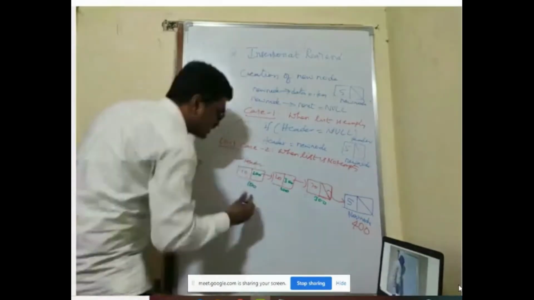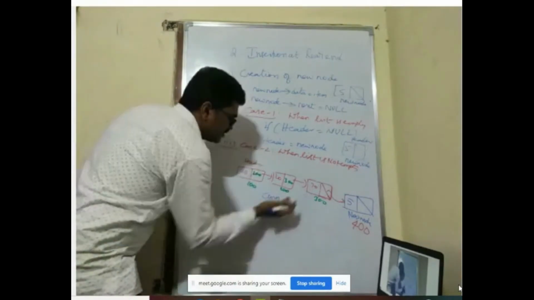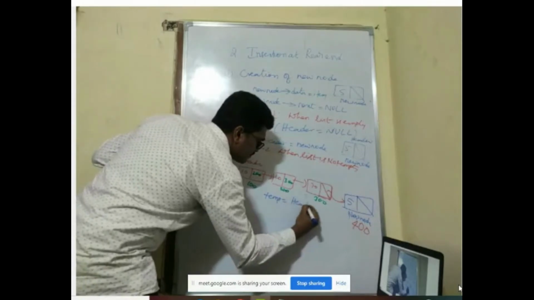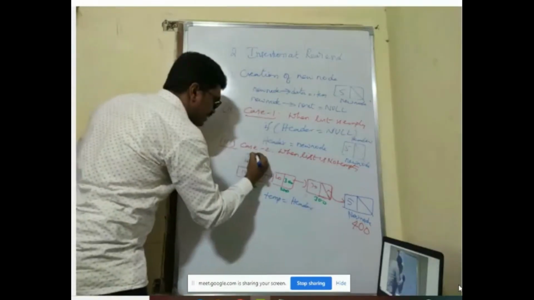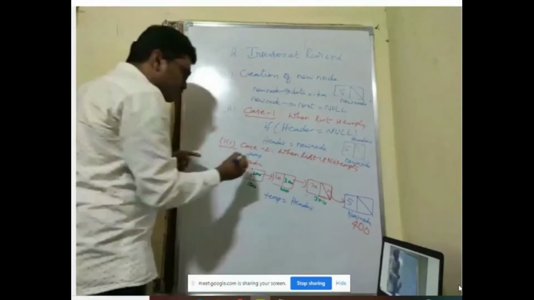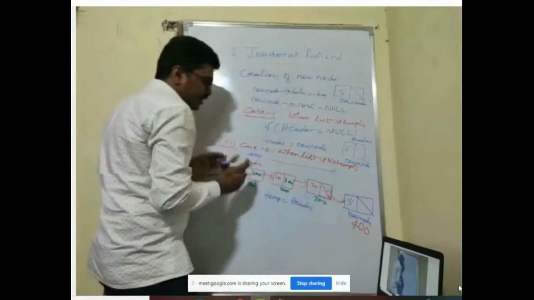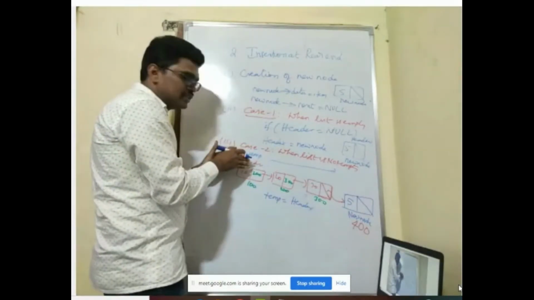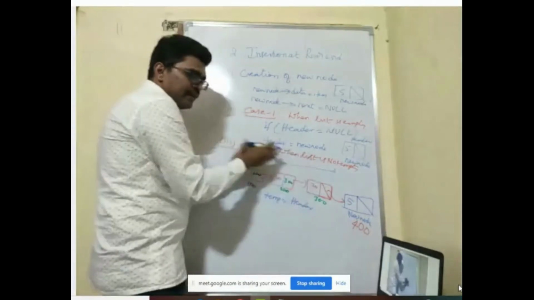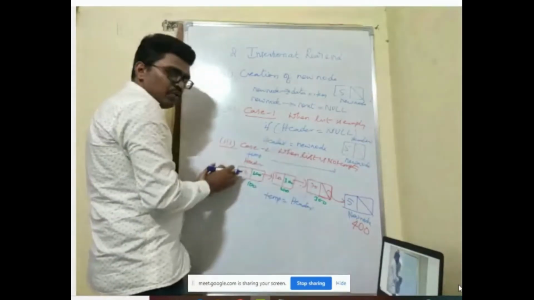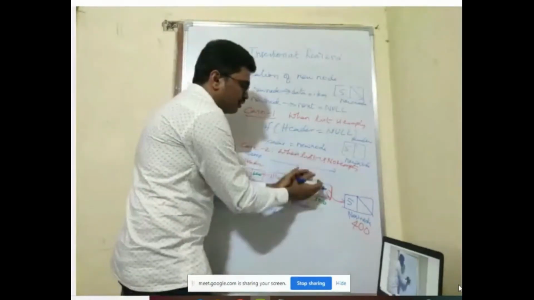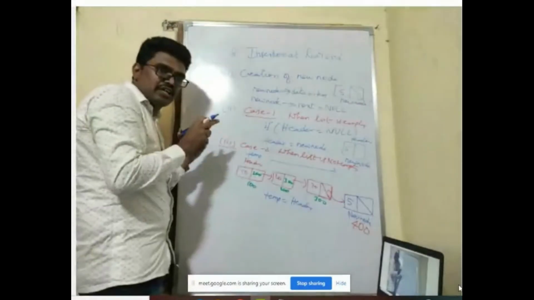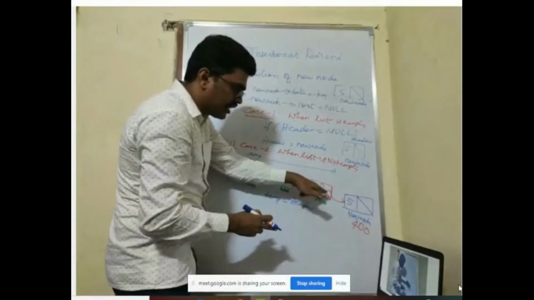So what I'll do is I'll take one temporary pointer. Suppose temp is equal to header. So I'll put my temp here, and I go on moving this temp, because I should not move header. Header should not be moved. So I am going to move this temporary pointer from one node to another node until I reach the last node. How I can find out that I have reached the last node is that the next part is null.